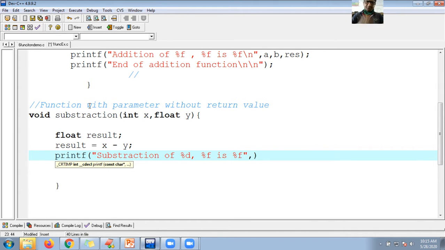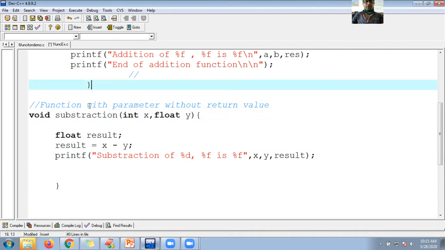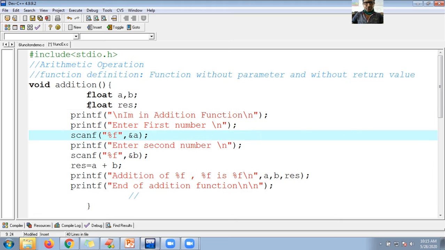Now let me show the result. First x, next %f for y, again %f for result. Semicolon.